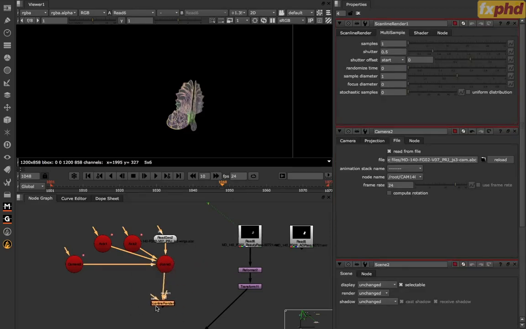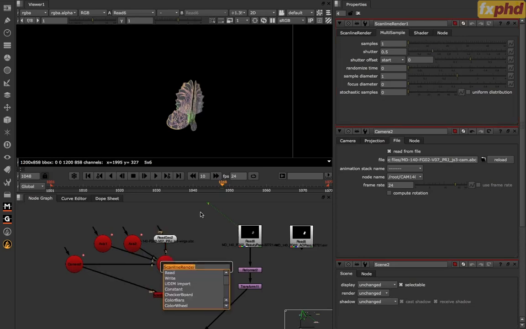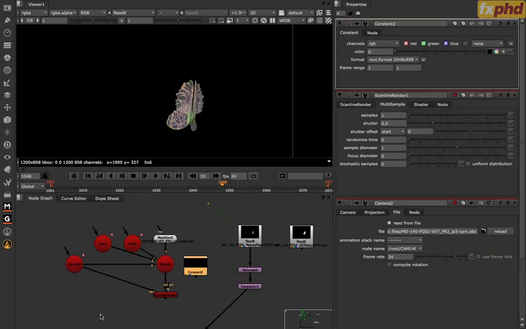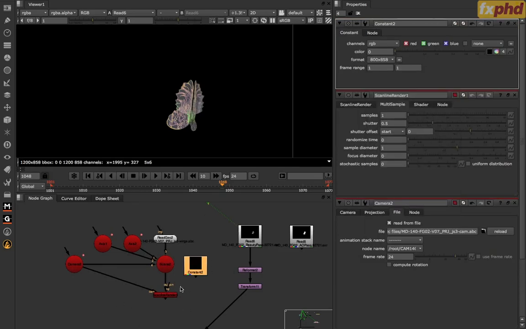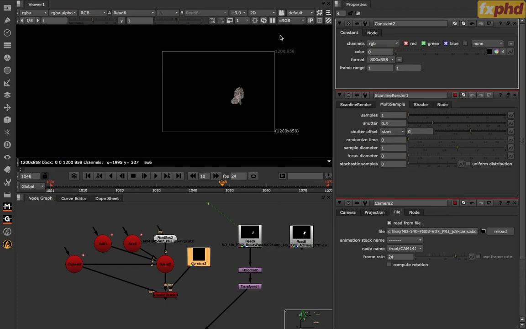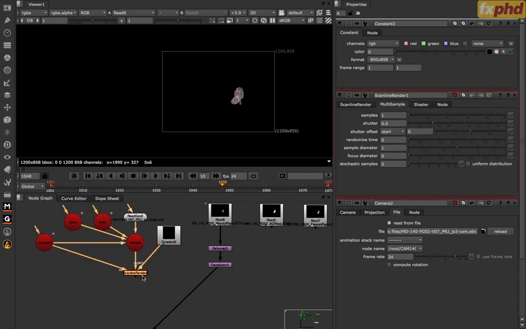And then previously what we were doing is adding a constant to set that to 800 by 858, which is what we were establishing what Maya was rendering out at. Now, one thing to note is that in this particular case, for some reason, this has been resized to 1200 by 858. So if you look at this,